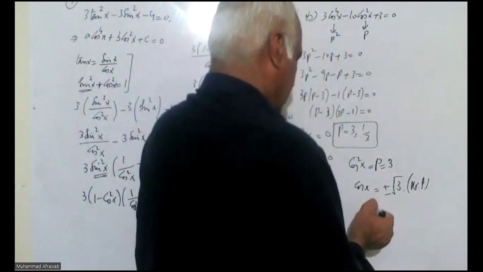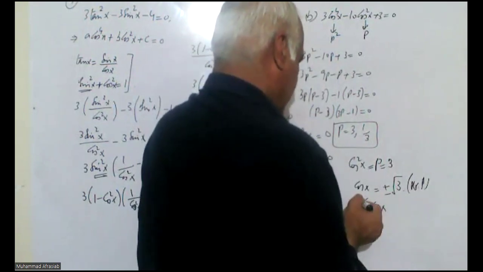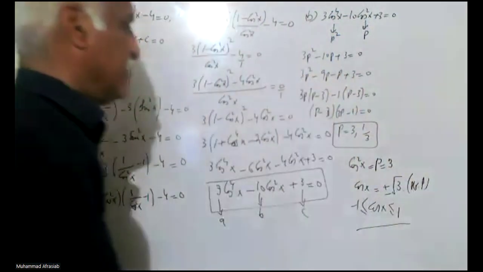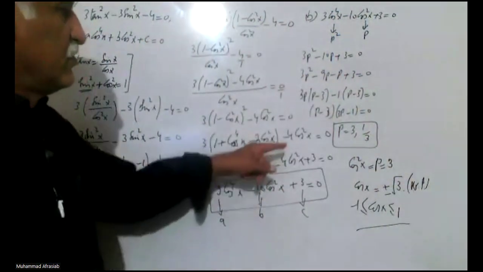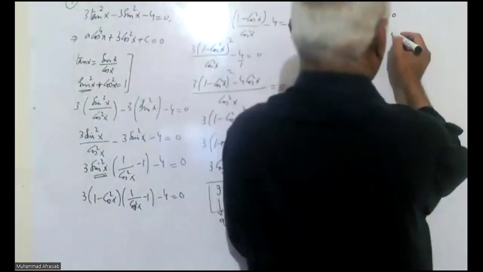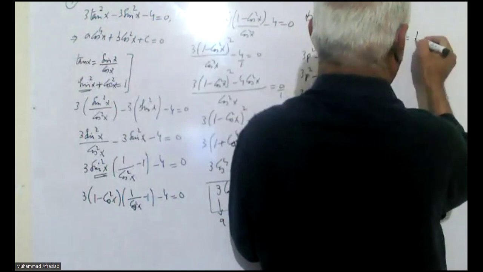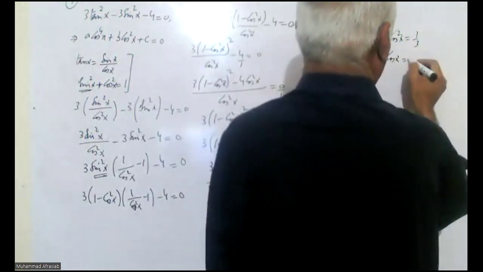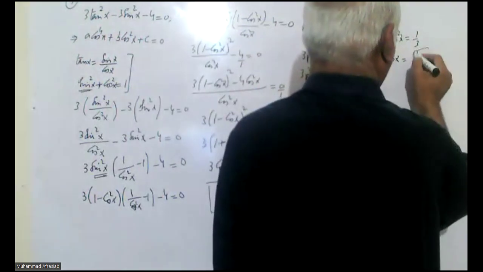The reason is the range of cos is from minus 1 to 1. So this is not possible. Then cos square of x will be taken equal to 1 by 3. Then cos of x is equal to, taking the square root of both sides,